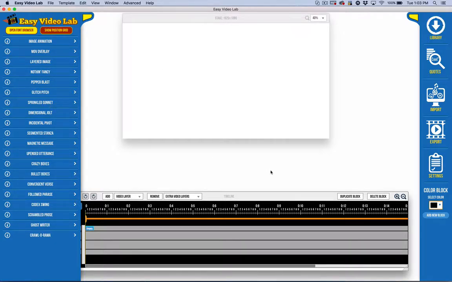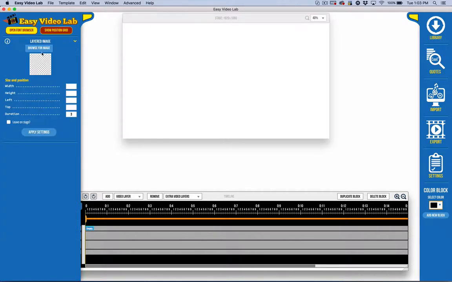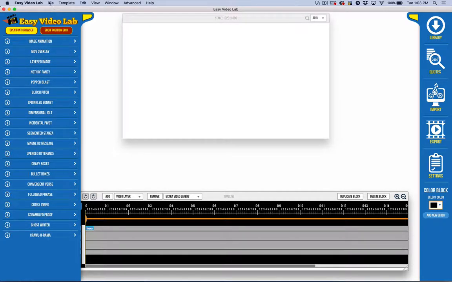So when you're going to animate, you're going to be coming over here. When you want to import assets, you have a couple of different options: the library, import, and some of the specific assets, particularly image animation, MOV overlay, and layered image, have their own import browse option. There are also some options up here, such as import templates and things like that. So that's pretty much going to get you oriented